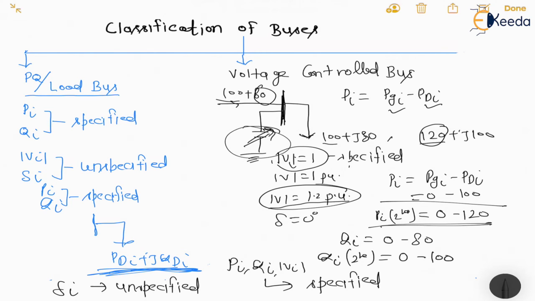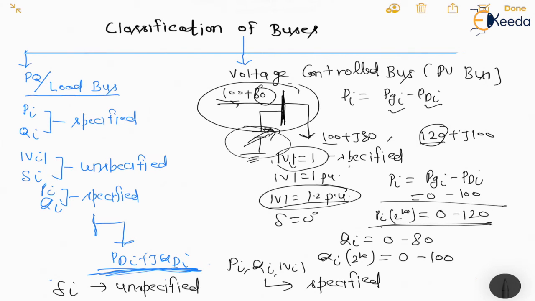And we can also see that the generator bus, that is the PV bus, cannot act as a voltage control bus like a compensation bus. So these have a slight physical difference and a slight calculation difference, but when we consider power systems at BTech level, the voltage control bus and the PV bus are clubbed together. It means the voltage control bus will always be considered as a PV bus. Always remember this, guys: the voltage control bus will always be considered as a PV bus.